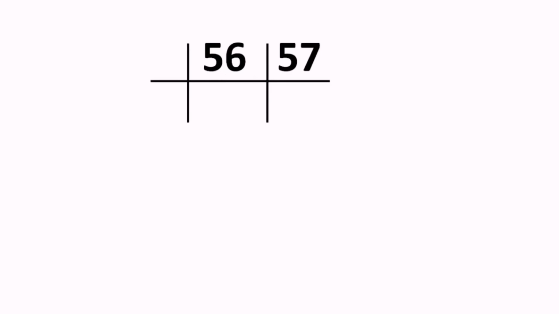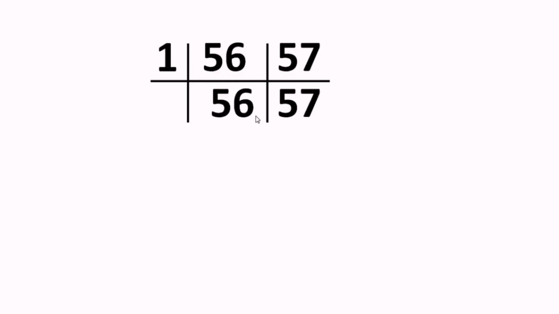These numbers are called co-prime numbers, because the moment you find the divisors of them, you find only one as a common factor. So in this situation, the HCF of these two numbers will always be 1, because these two numbers are not present in any other same table actually. So what we are going to do, we are going to divide this 56 and 57 by 1, and that gives us the result 56 and 57 itself again, according to the rule.